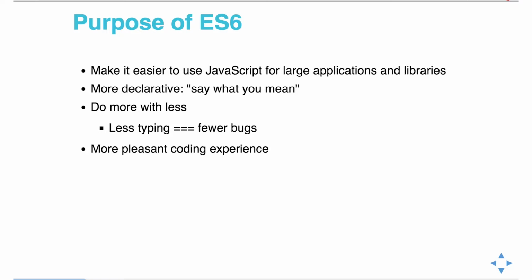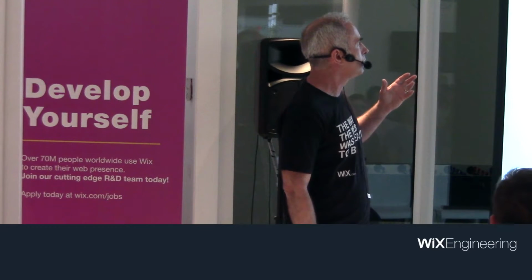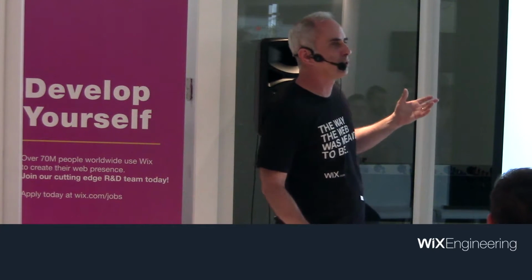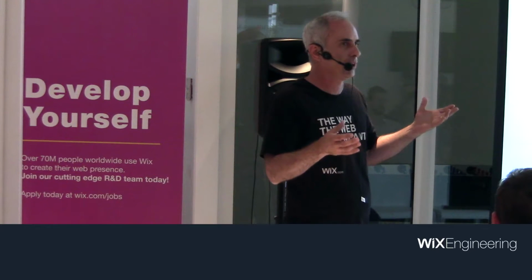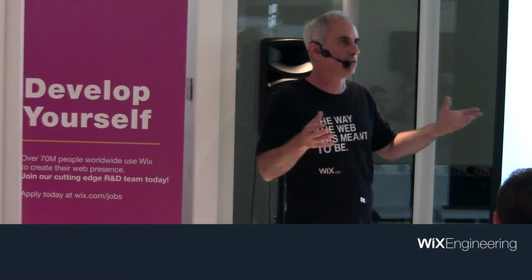Every time that I have to move back to a project that still uses ES5, it's like, I hate this. I really want to use arrow functions and destructuring and stuff like that. Almost everything that you can do in ES6, you can do with ES5. I mean, ES5 is Turing complete, so it's a programming language that can be used to write essentially